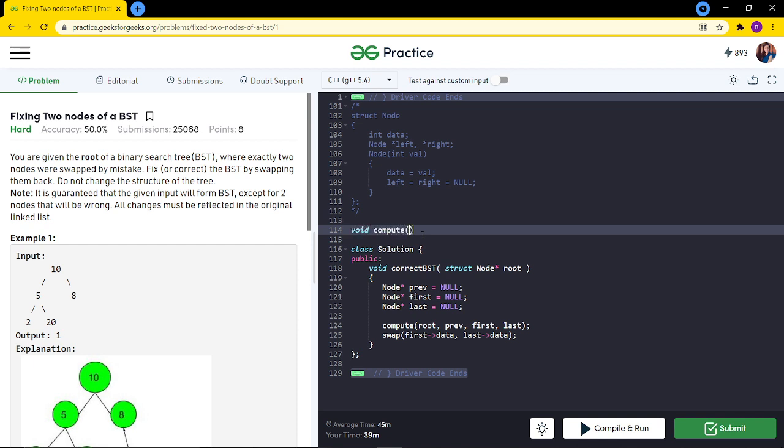This compute function would be a recursive function to do the in-order traversal. So let us initialize all the parameters. We have root, its type is Node capital N, we have previous, and now we have first and then last.